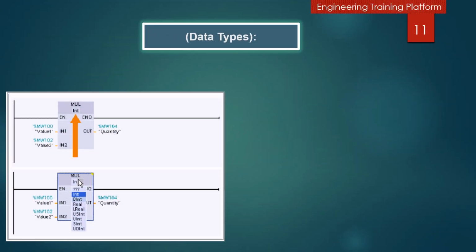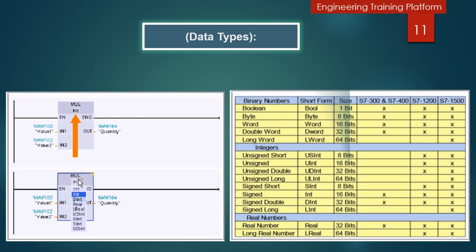Here we will discuss the data types. I already explained the binary numbers, integers and real number data types in my previous presentations. But here I explain with the programs how an instruction in a PLC program interprets bits in the location designated by the instruction's operand. You must know the data types the instruction assigns to these bits. There are many data types and they are often represented by shortened names such as DWORD or SINT.